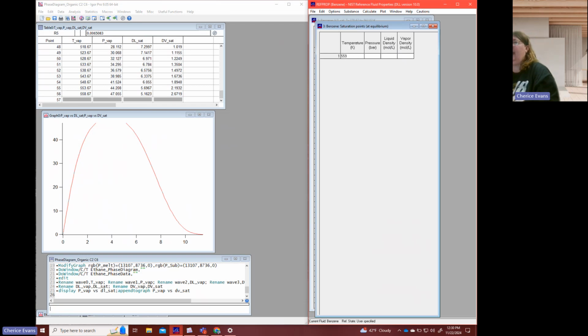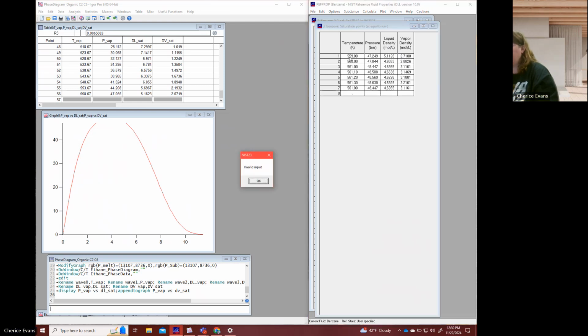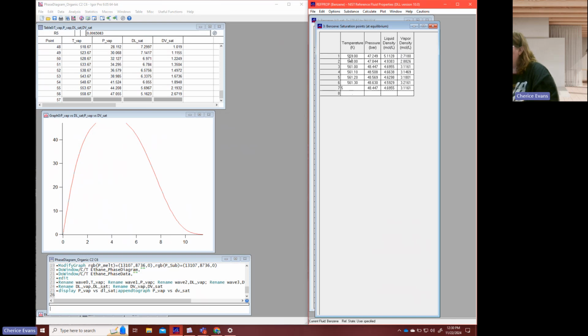So 559, 560, 561, and because 562 is the critical point, now I'm going to step more finely: 561.1, 561.2, 561.3, 561.4, 561.5, 561.6, 561.7,